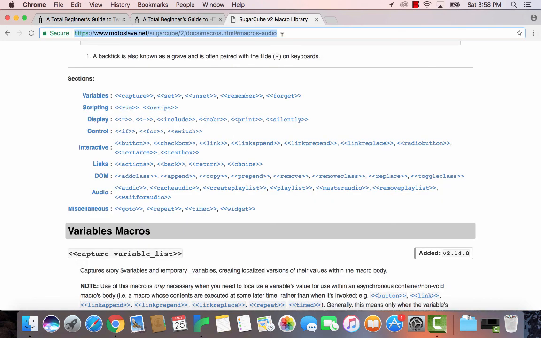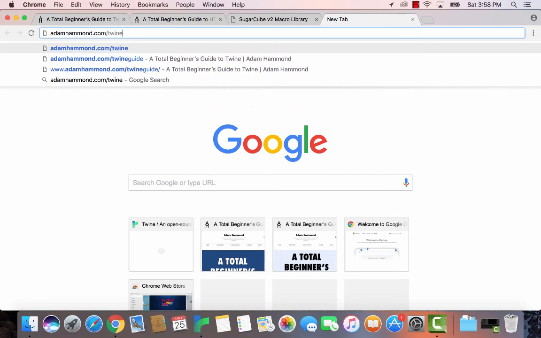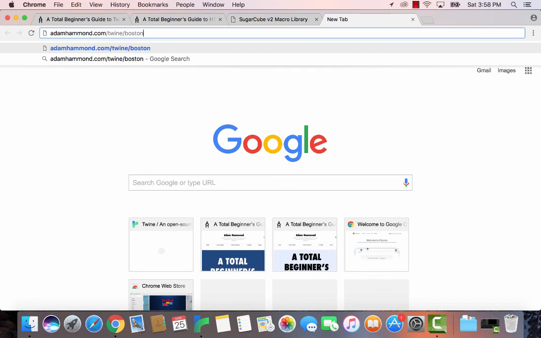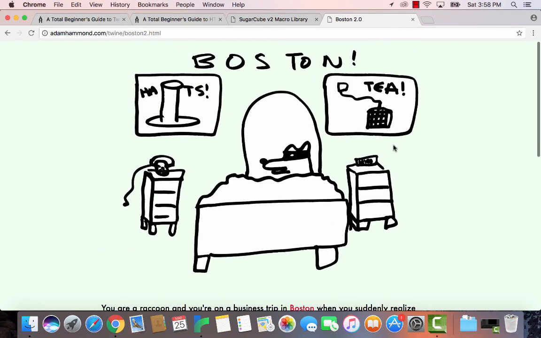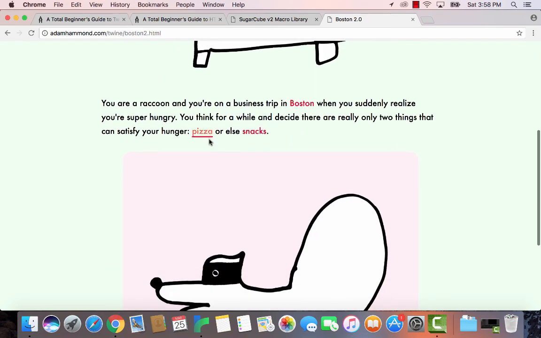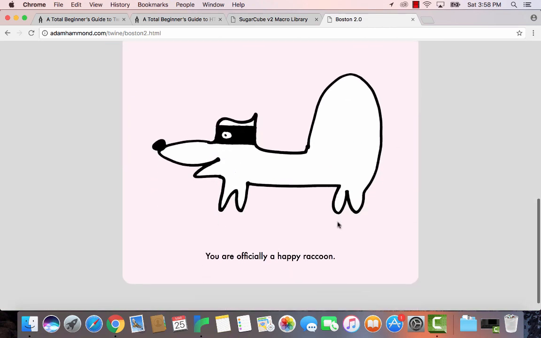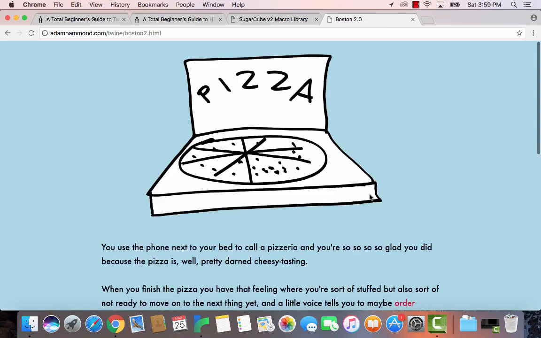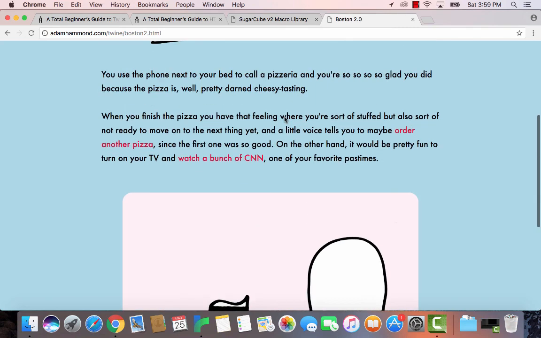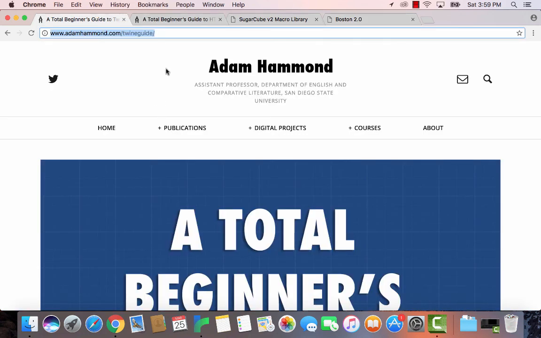If you're interested in a pretty stupid demonstration of a game that works that way, you can go to my game, boston2.html, which will show you a story of a raccoon on a business trip, and at the bottom of every single passage is a happiness meter. So if he does something really smart, like clicks on this link, that will make him a little bit happier, and you can see his happiness level increases. And then he eats some pizza, and that makes him really happy. So that's all controlled with programming for a happiness variable,